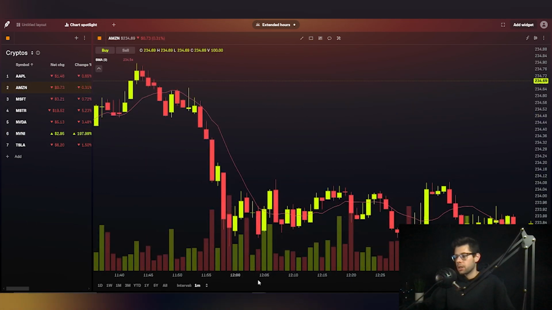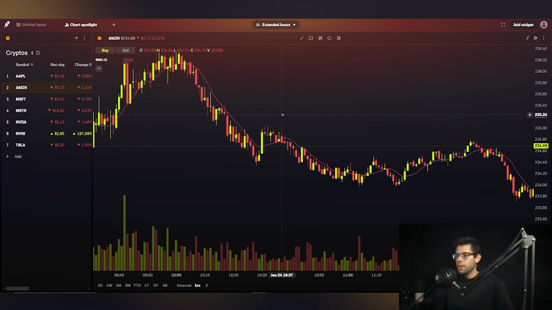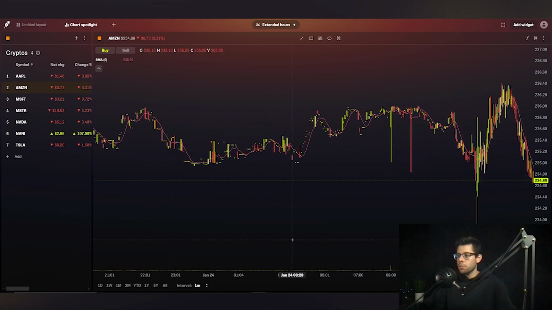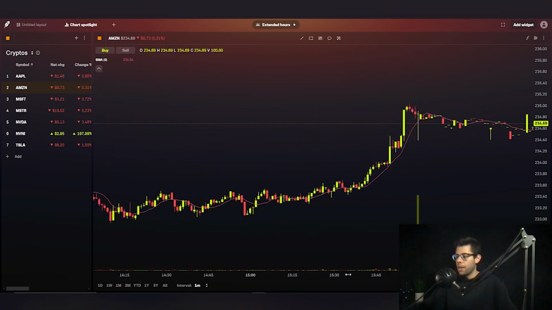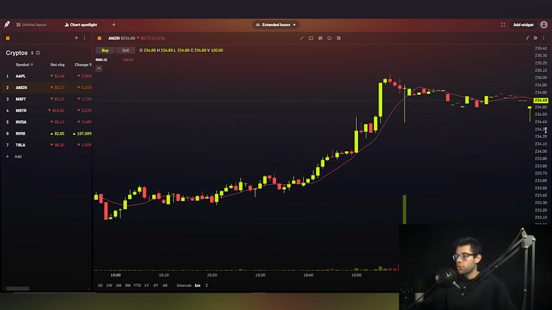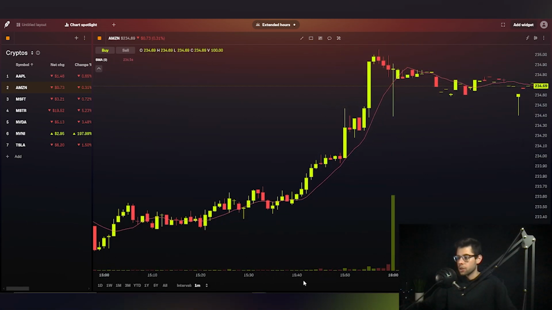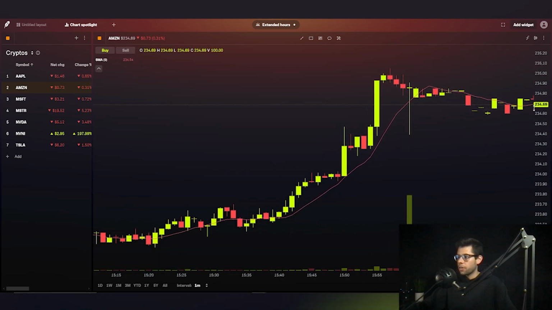We can go over to Amazon here, and we can probably find a similar setup. It's a little bit different because it's a more expensive name, but we could probably find a similar setup to where we buy the first red candle and then we sell, we buy the first green candle and then we sell the first red candle. Now, this went into close. The market had a nice pump in the afternoon today,